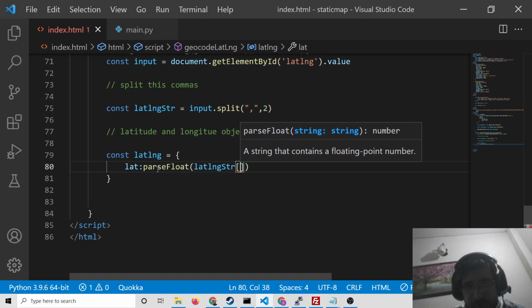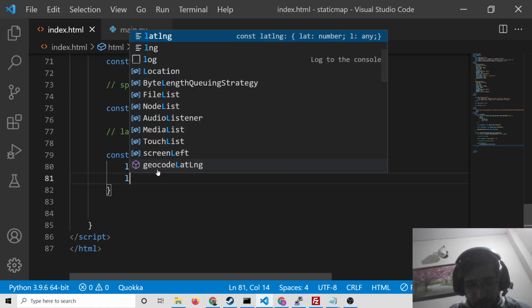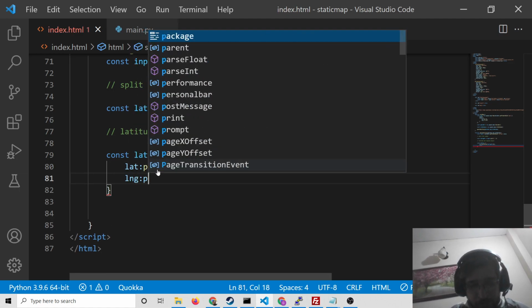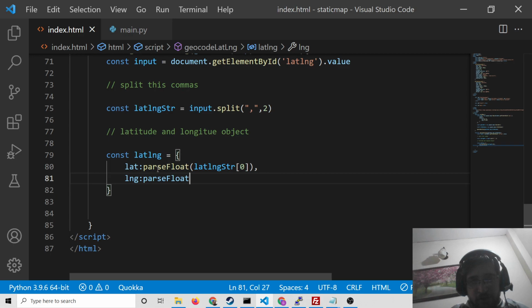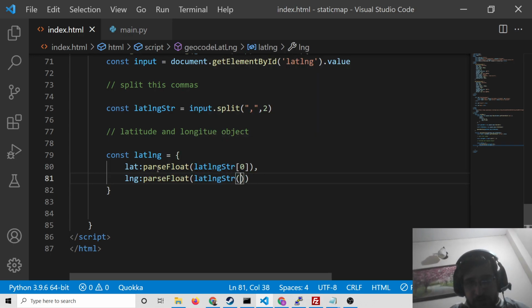We will pass the first element in the array, accessing it using square bracket 0, put a comma, and then longitude will be equal to parseFloat again, and here once again we will pass latLongString, the first element. That's it.